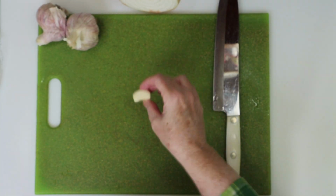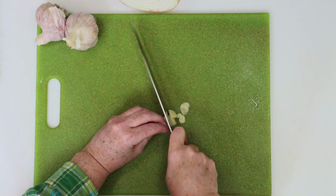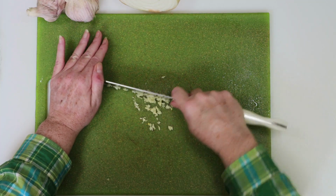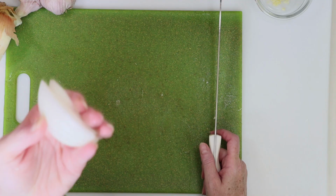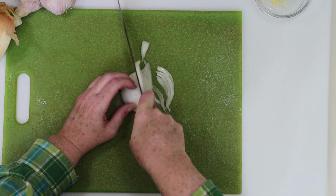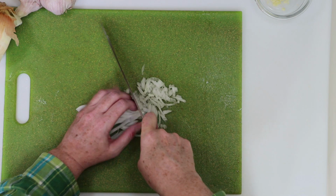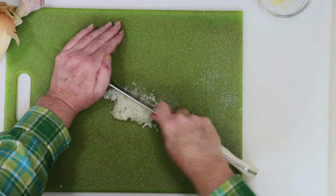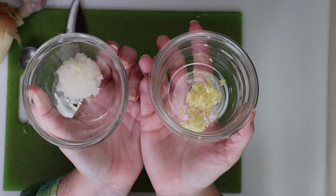We'll start with one medium garlic clove that we'll finely dice. I usually slice it into thin rounds, then dice it down into smaller bits from there. You can set that aside for now. Next, just take a small chunk of an onion, cut it into thin slices, rotate the pile of slices so that we can dice it down into smaller fine bits like you see here. So, once you have your garlic and your onion, you can set that aside and we're going to work on